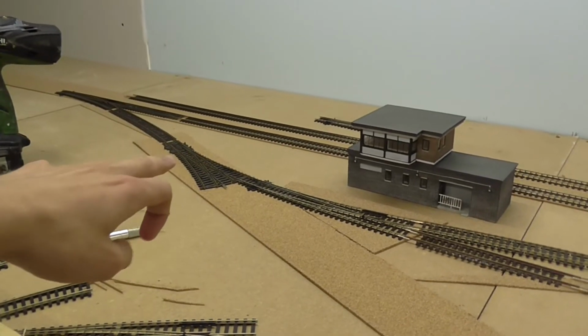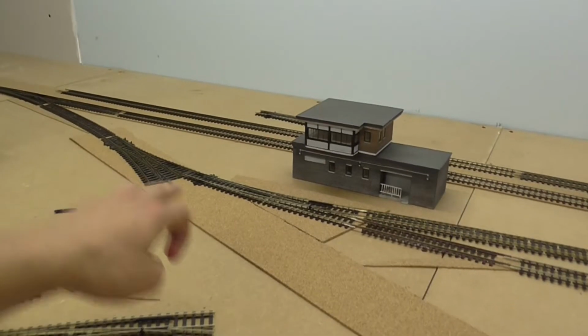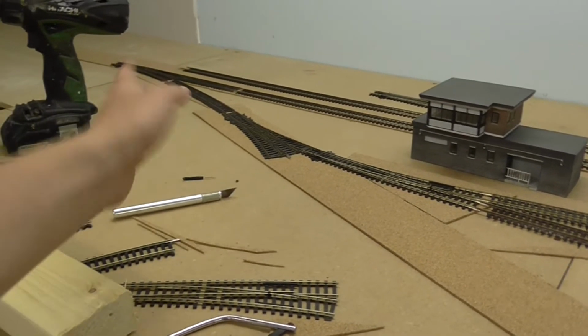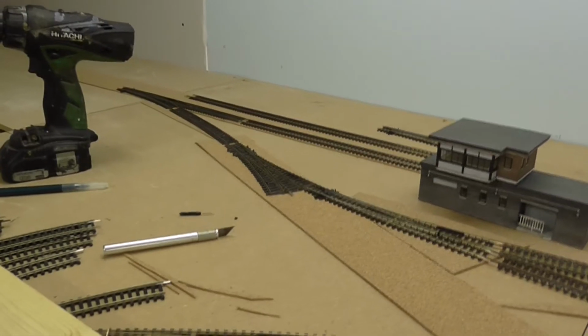I've gone with a freeway point here, and this is going to come off into another point there, and then it's going to come off into a crossover point, because I want a loco shunt there where you can just store one engine. There is one on Hoo,